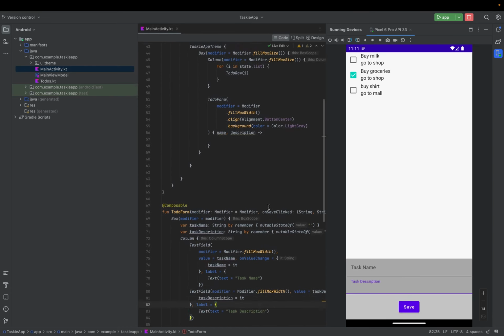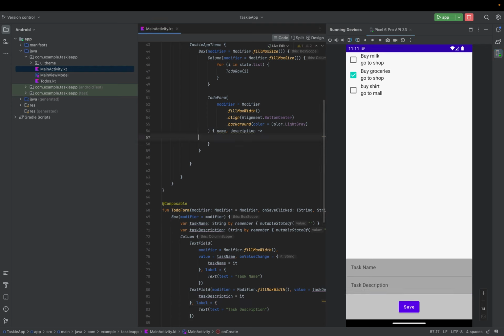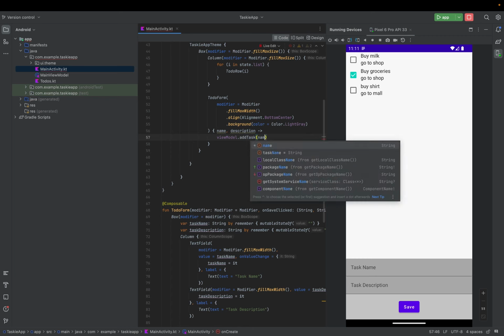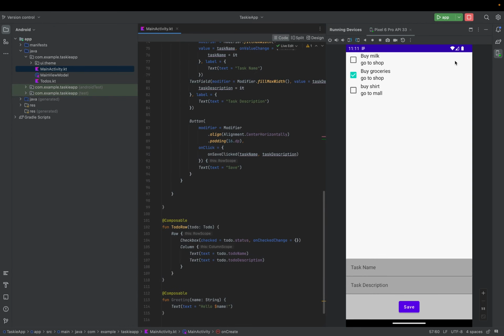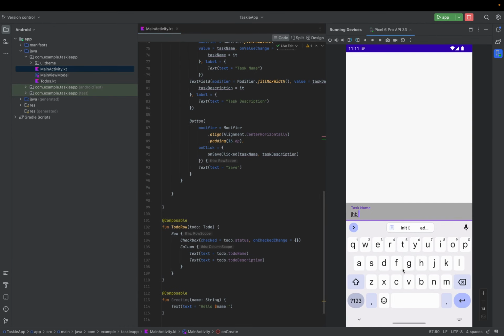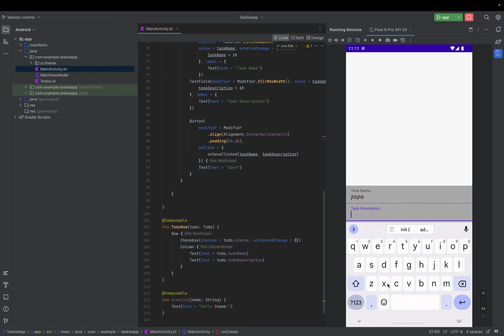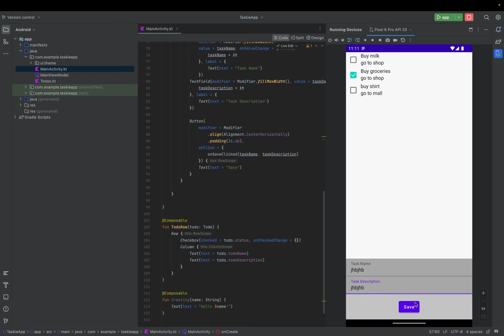But if I just go here and say ViewModel dot add task and give it a name and description, right now it will add the to-dos for us, right? So if I type something random and save it, see, the to-do form is working right now. And whatever things I give here,